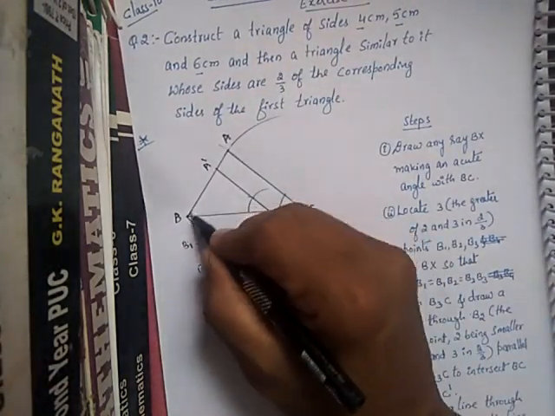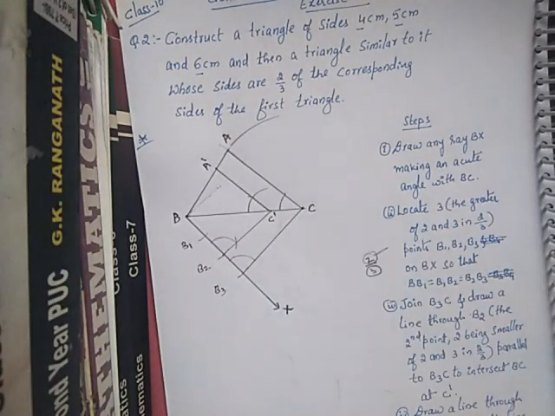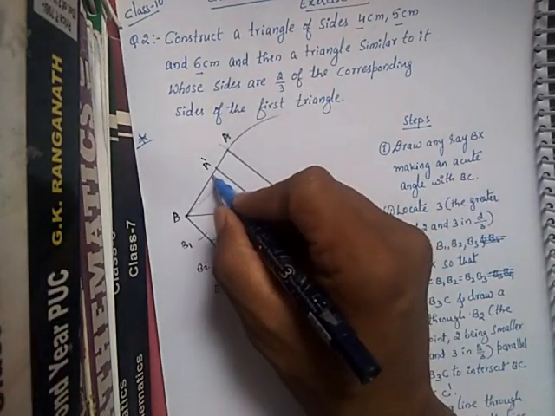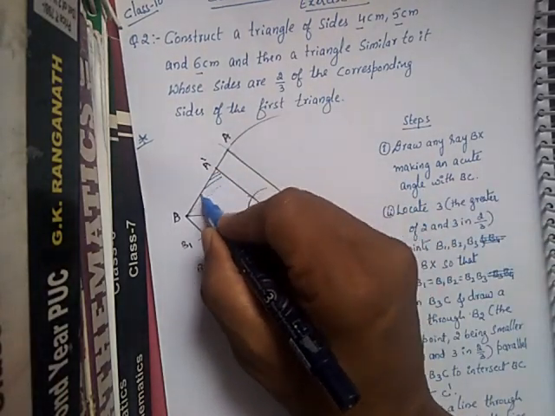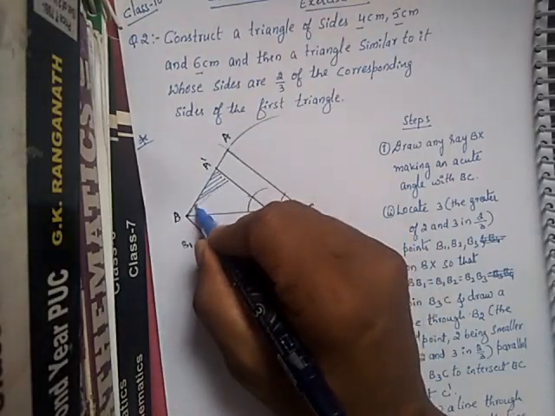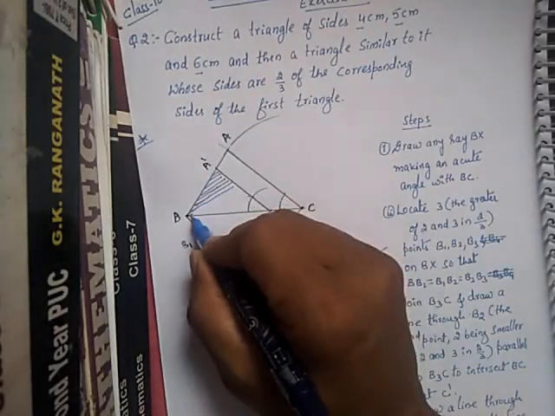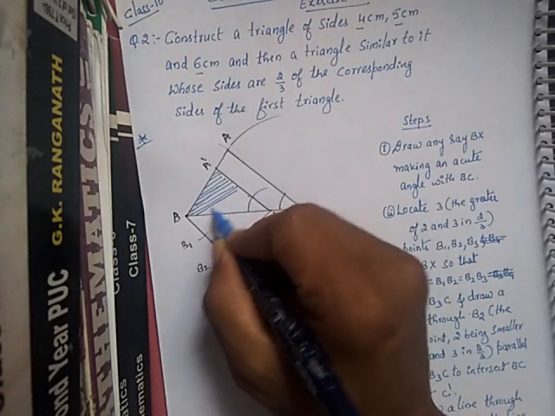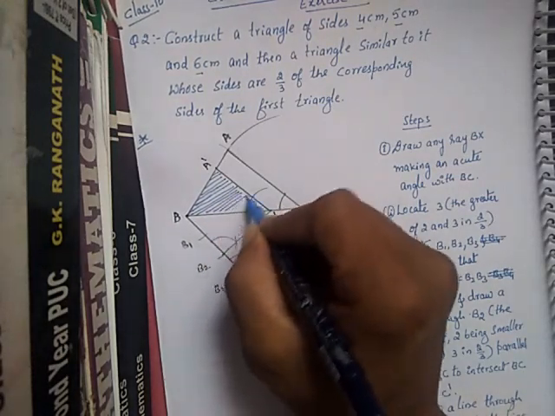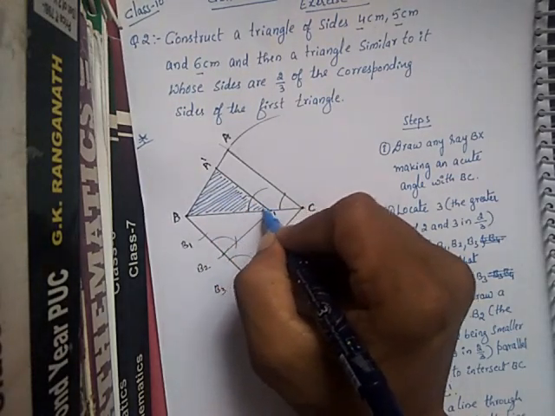So I will shade here; you can take this pen and shade it. The required triangle is this one, the shaded region is your required triangle. So the required triangle is A dash B C dash, so this is your triangle. Just shade it like this so that you will get the idea.